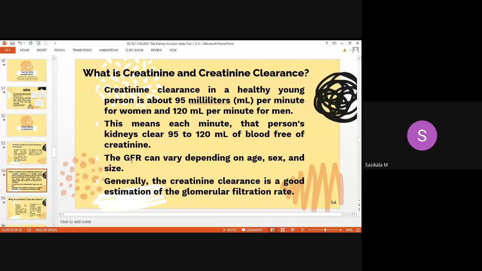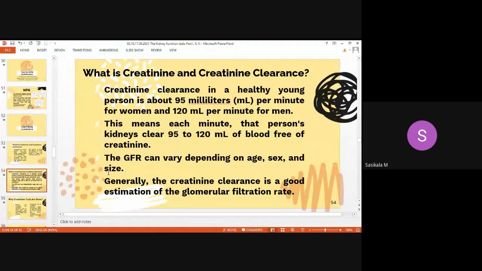Then the glomerular filtration rate, GFR, can vary, and it is noted with the filtration rate, since the glomerulus is only filtering the creatinine, right? So it is based on glomerulus function and filtration rate. We can monitor the normal range of creatinine clearance, and it will vary with age, sex, and size. Size represents mass, muscle mass.